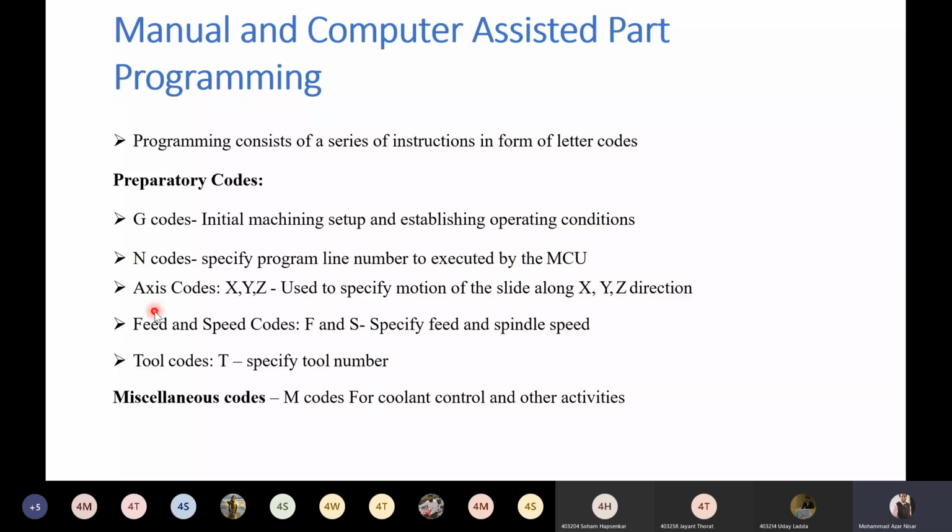Then axis codes are X, Y, and Z. In some CNC they use U, V, W or I, J, K instead of X, Y, and Z. In a turning center they use U, V, and W. For feed, F is used, and for speed, S is used. For tool number, you use T.